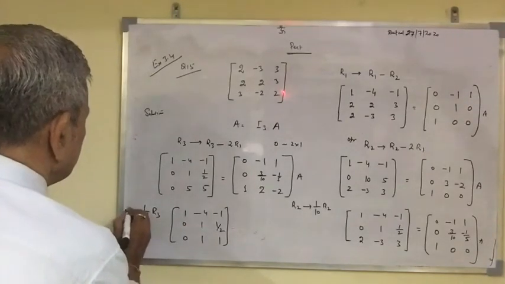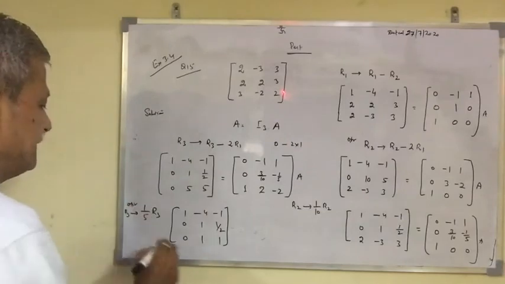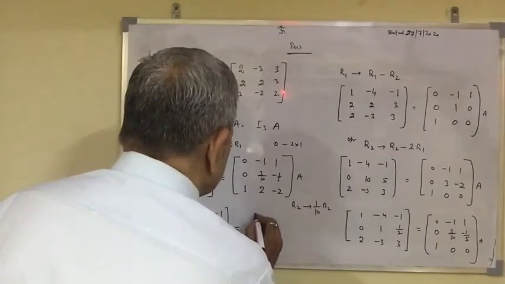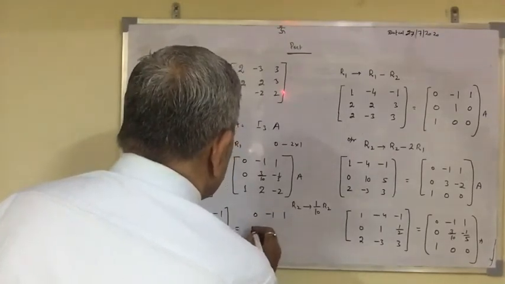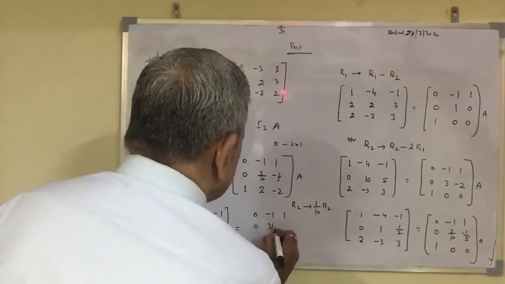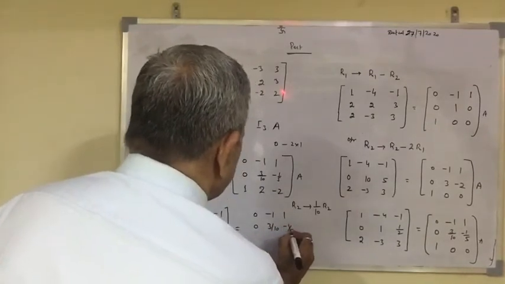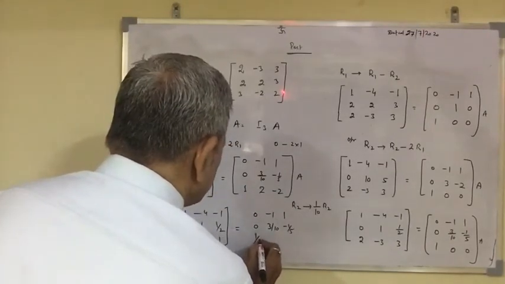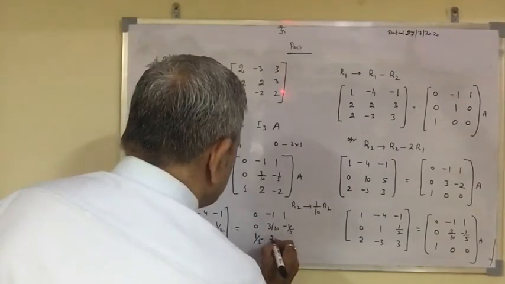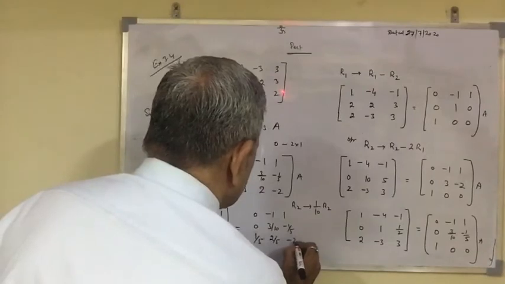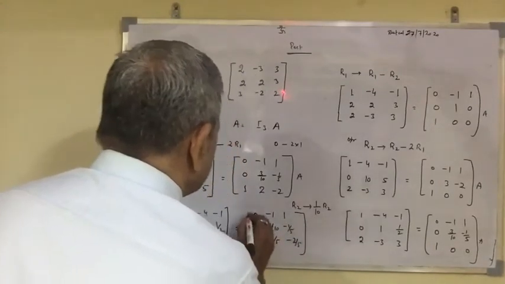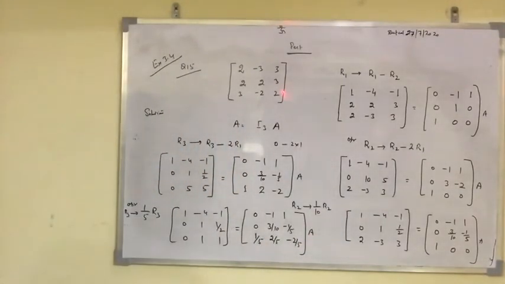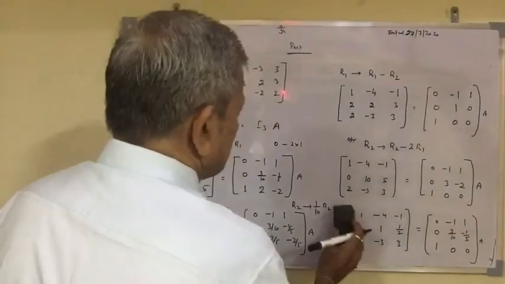R3 tends to operate this one, so this is easy to make out, and now we have to do the same on the right hand side, that is 0, minus 1, 1, and 0, 3 upon 10. This is minus 1 upon 5. Now in this case you have 1 upon 5. This is 2 upon 5. This is minus 2 upon 5. So I'll operate this part A. Now this is so much easier for us to make out the next steps.